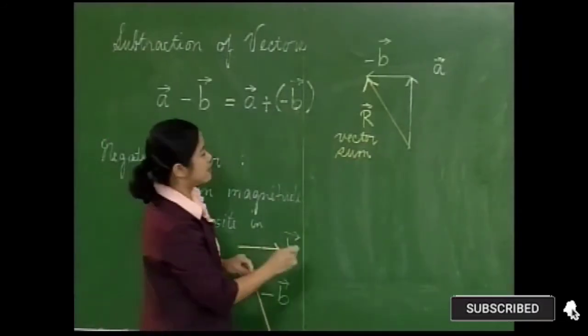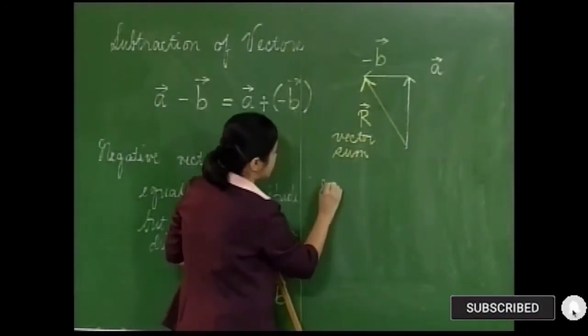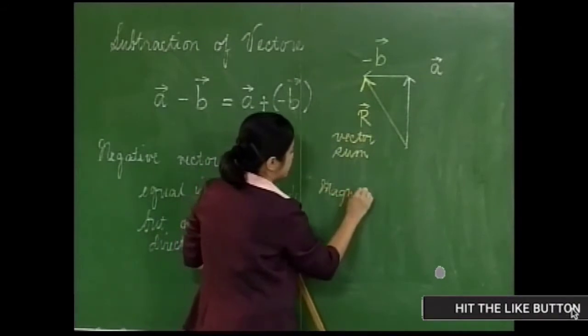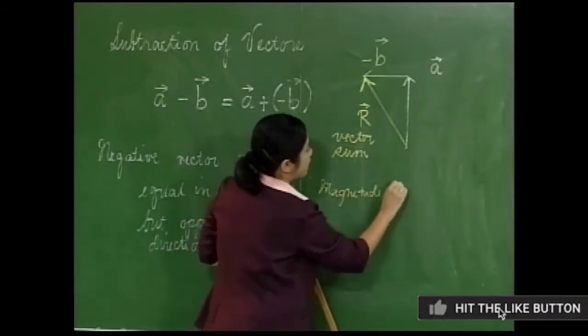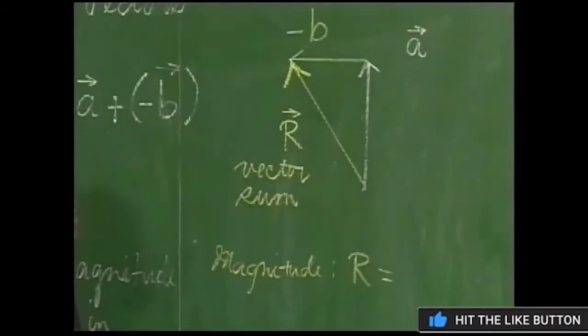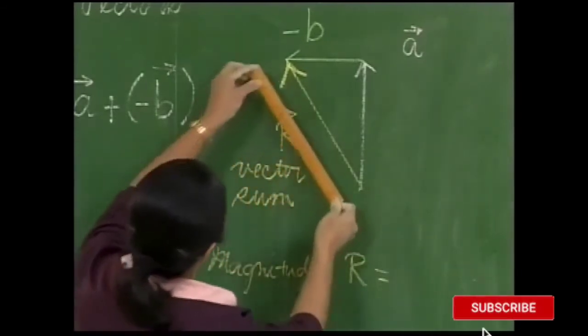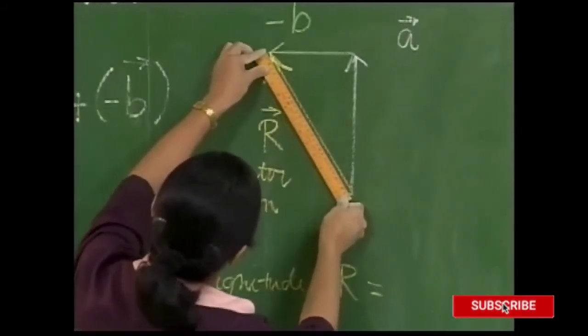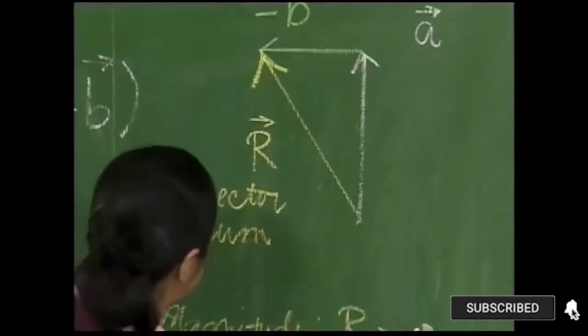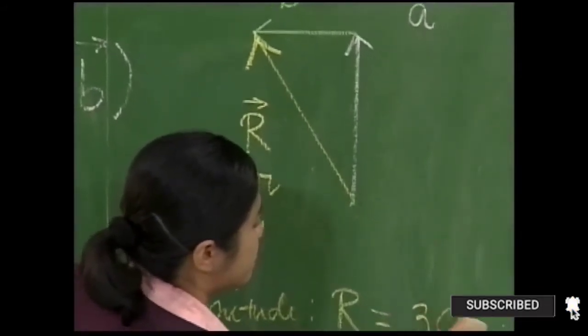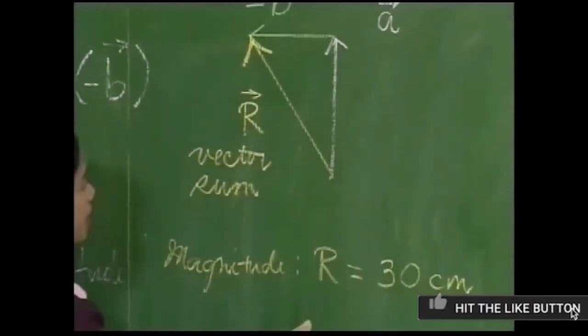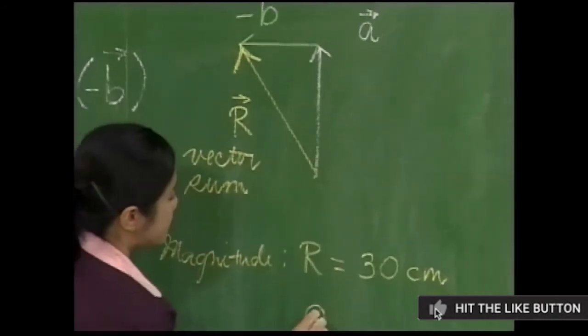And again, the magnitude of R is equal to, let me measure, I have 30 centimeters, and my direction,